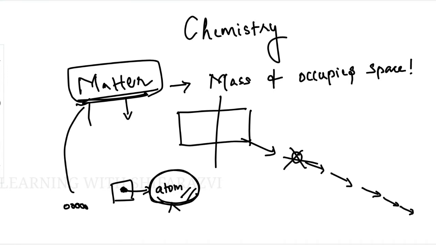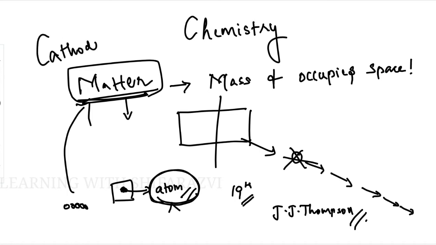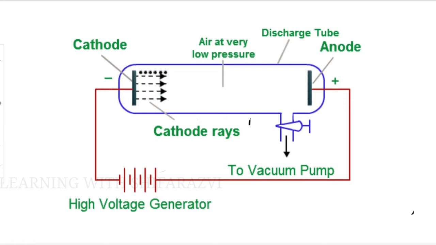But at the beginning of the 19th century, there was a scientist called J.J. Thomson. What did he do? He was doing some physics experiment, not a chemistry experiment, and that experiment was called the Cathode Ray Experiment. When he was doing this experiment using a discharge tube, which is connected to a circuit,